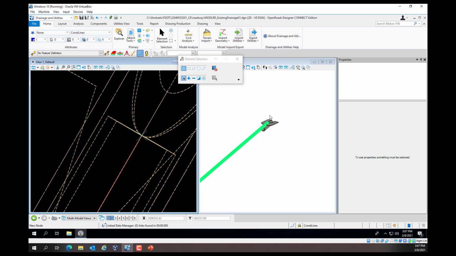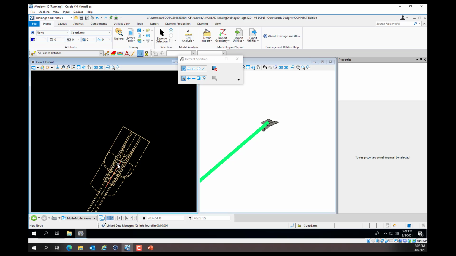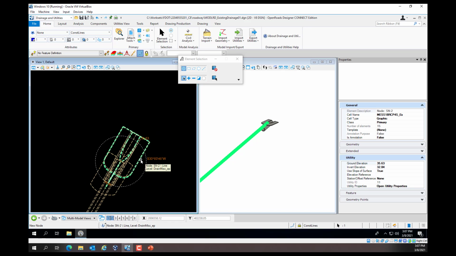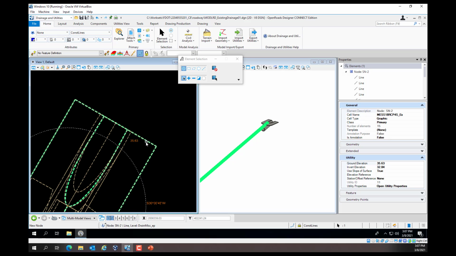So in my 3D model, I have this side active. I'll hover over this. So this is 34.29. To change this, I will select in my 3D model or my plan view the structure element and then zoom in to this.